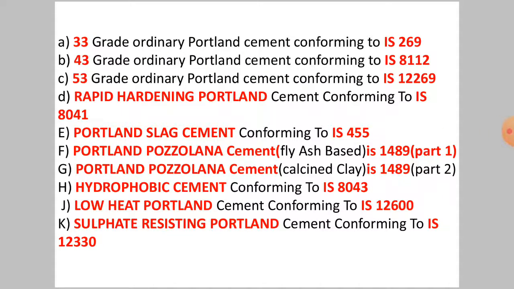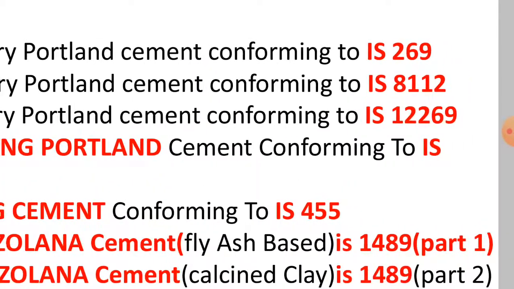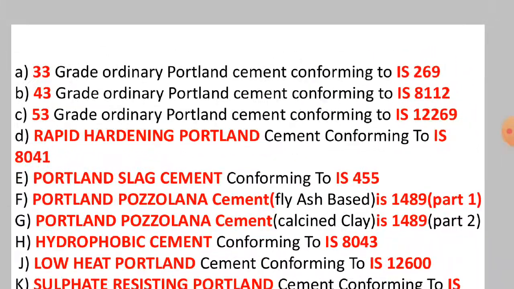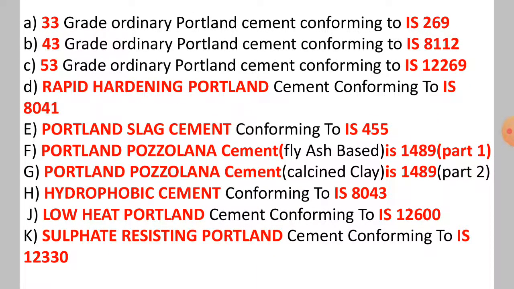First, we see in the first page of IS 456, the ordinary Portland cement. Three grades of ordinary Portland cement are explained: 33 grade, 43 grade and 53 grade, which belong to IS 269, IS 8112, IS 12269. After that, there are 4-5 most important cements used for heavy construction, and that is rapid hardening